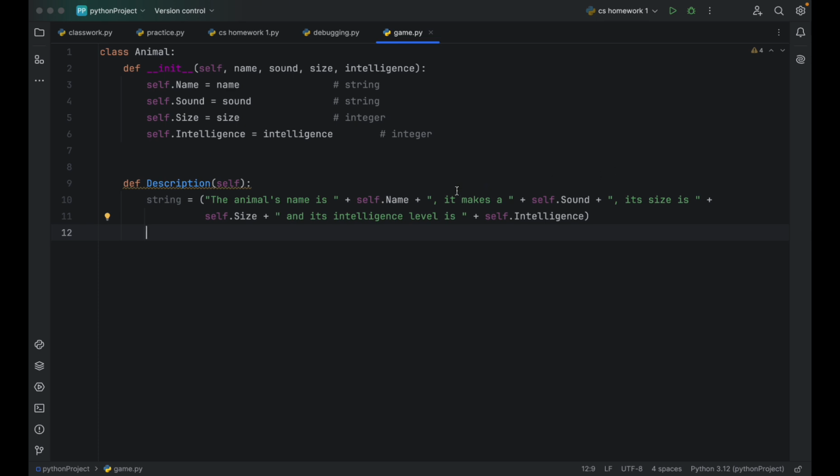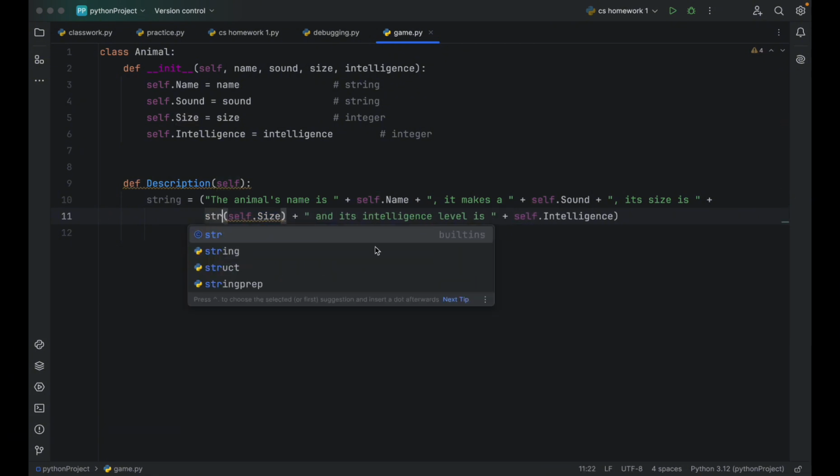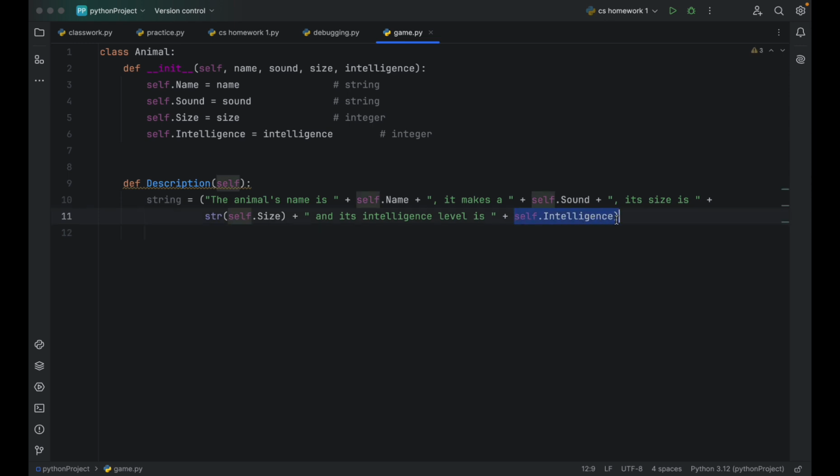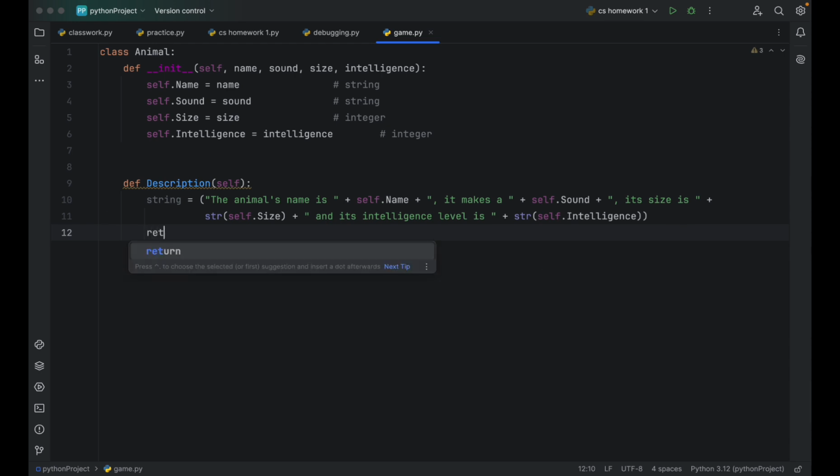So the thing over here is that name and sound are already string variables, right? But size and intelligence are integer variables. So to make them strings, we need to convert them into string variables like this. So we will convert them into strings so that we can have one final concatenated string, which is in the variable called string, and then we will just return it. Okay, so this is for the description